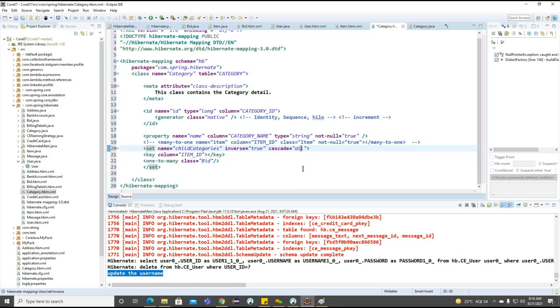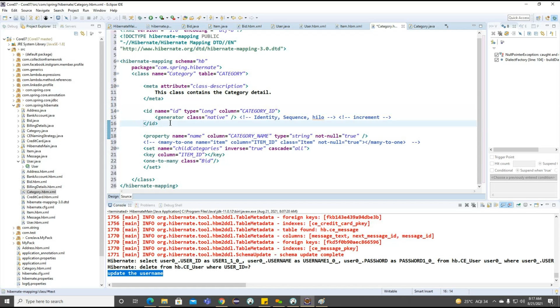And we can go for cascade all here. And what about the key? The key we can make the parent category ID.